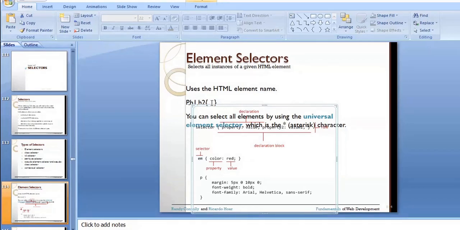Within the element selector you are going to use all these three different types. The only thing is in group elements you are going to specify all the HTML tags, the HTML elements you want to apply that particular style to, with comma separator.